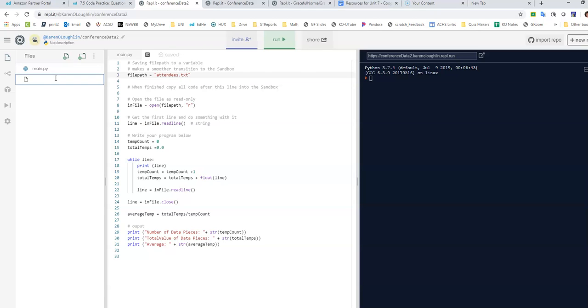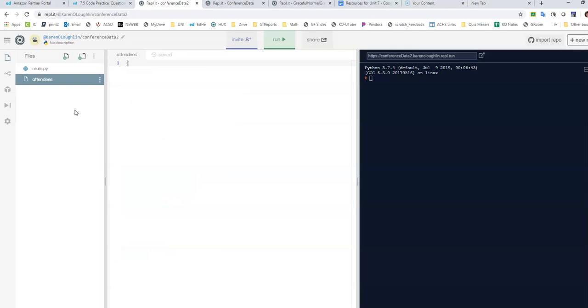I'm going to add a file over here. And in my file, what I want to do is create, and I don't know how to create a file, so we're going to call it attendees. This is all new to me, so I'm learning with you, you're learning with me. Now my attendees are going to include a list of names and whether or not they happen to be a member of my association. And so if I have Fred Flintstone, and is he a member? Yes. I have Barney Rubble. Is he a member? No.